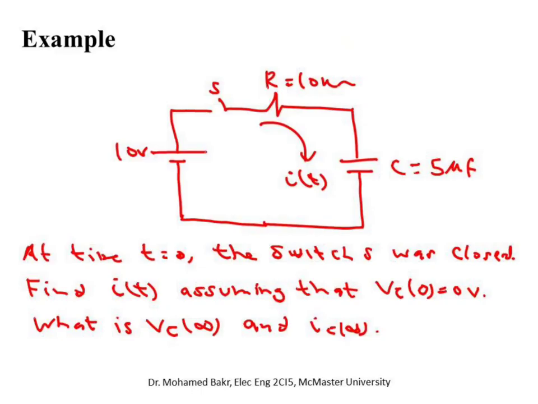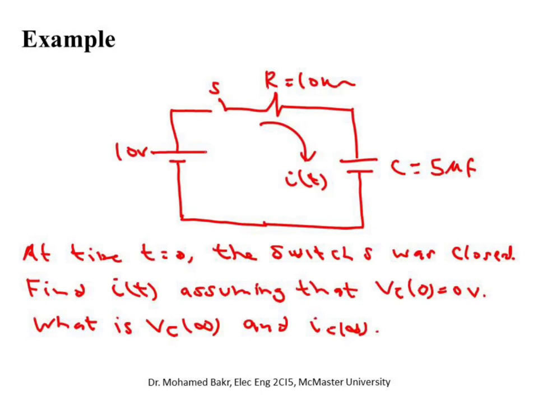Okay, let's consider one more example. Here we have a capacitor that has initially 0 voltage. The switch is opened, so there is no voltage anywhere, and then at time 0 you close the switch. We know what's going to happen from our discussion in class. The battery will start to supply current, and this current will start to accumulate positive charge on this plate, negative charge on this plate. The voltage across the capacitor will start to build up until time infinity, until steady state